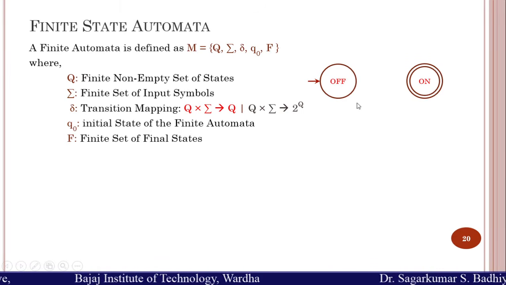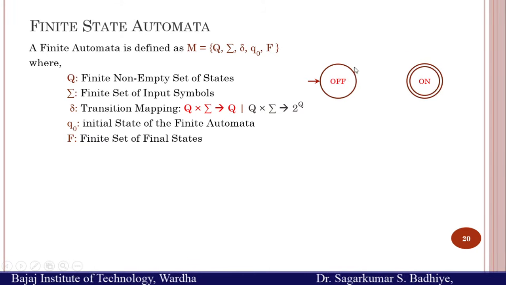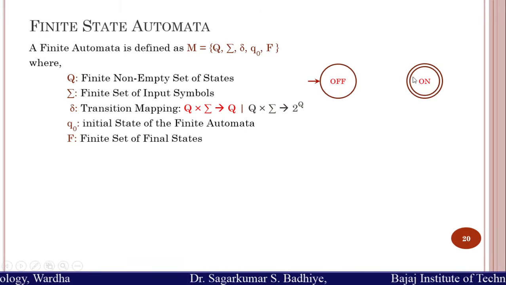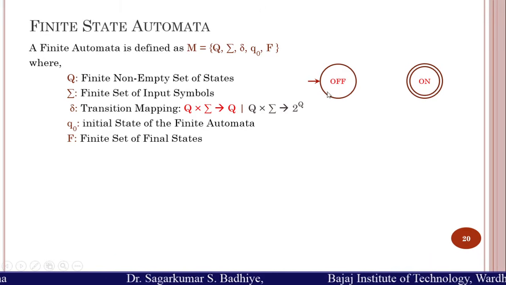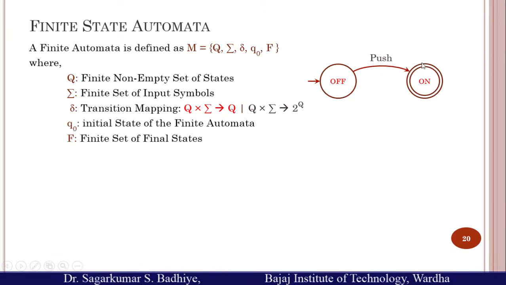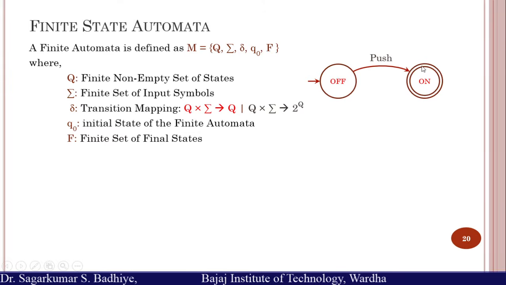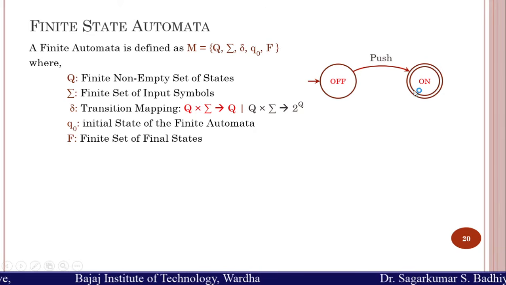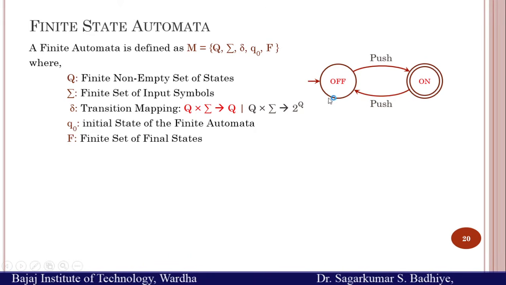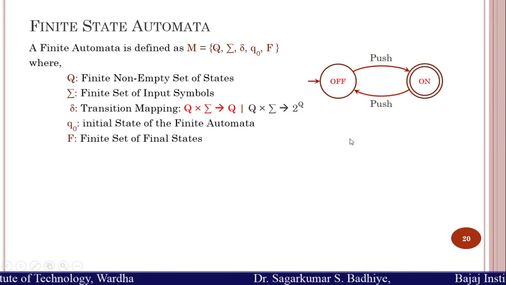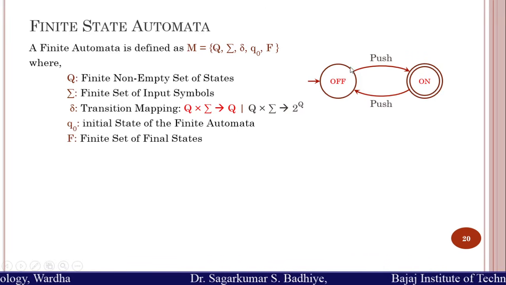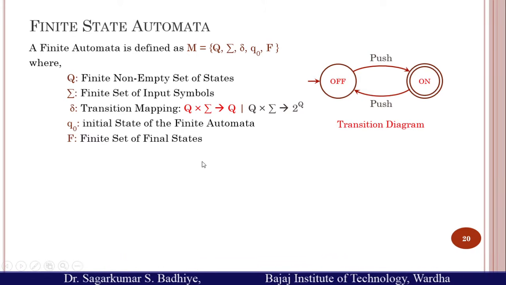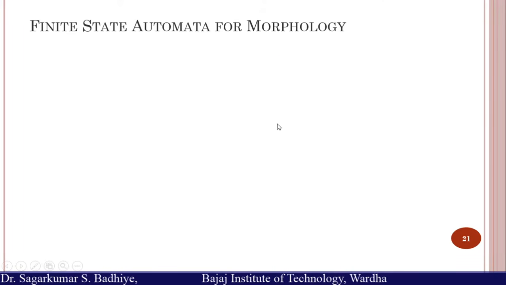An example of finite automata is a push button, which has two states, off state and on state. Let us consider off as the initial state and on as the final state. When you give an input in the off state as push, it transits the state to on state, and the apparatus is on. Then again, when you give an input in this new state as push, it transits back to the off state. So this is the working of a finite state automata: in a particular state you give the input, it transits to some other state, and this combination is fixed. So this is called the transition diagram of finite automata.